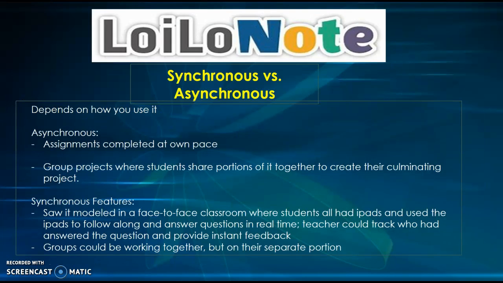So ideally, whether it's synchronous or asynchronous, it really depends on how you see yourself using it. Because you can do it asynchronously where the assignments are completed at their own pace and you can really differentiate in that aspect. But like I said, I did see it modeled in a face-to-face classroom, which is a little twist on what we consider online classrooms, where